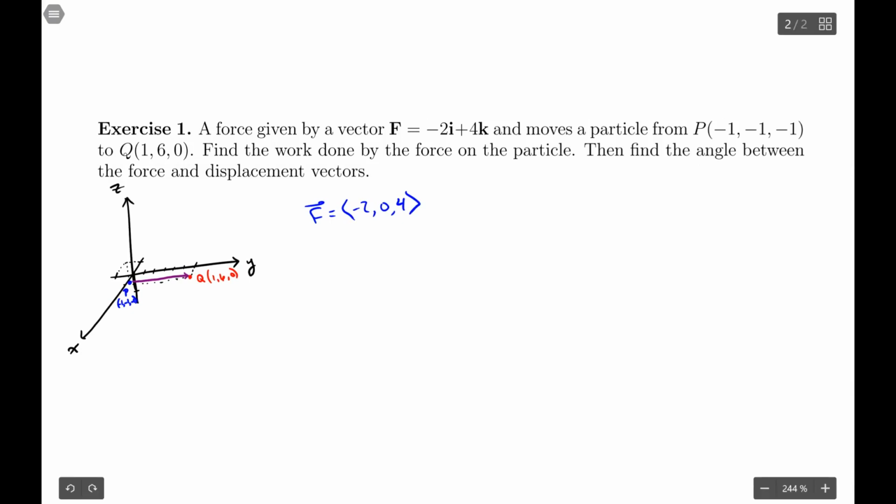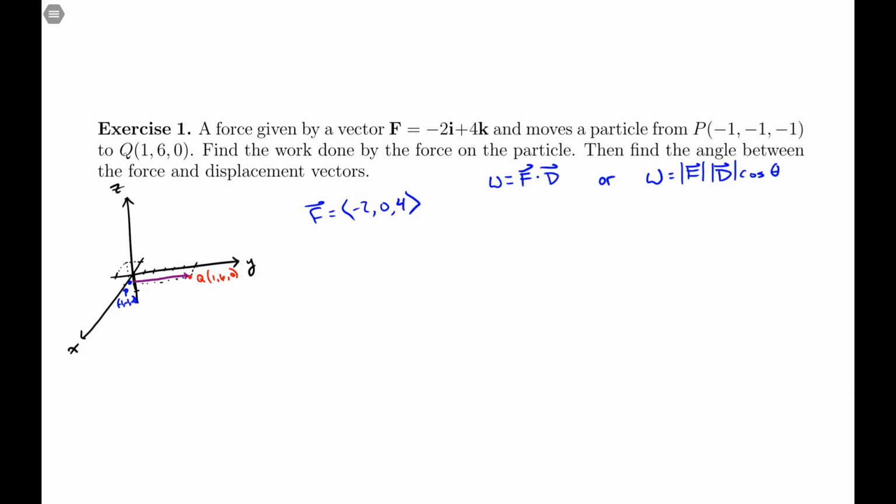So here we actually have components. If we're looking at the two different ways that we can express work, work is force dotted with displacement, or work is the size of the force multiplied by the size of the displacement multiplied by cosine of the angle between them. In this case, we don't immediately know the size of the force. We could compute it, but we don't know it immediately. We don't know the size of the displacement. Again, we can compute it, but we don't know it immediately. And we don't know what theta is. Again, we could compute it, and we actually will compute it, but we don't know it immediately. So this second equation, it works, pun intended,